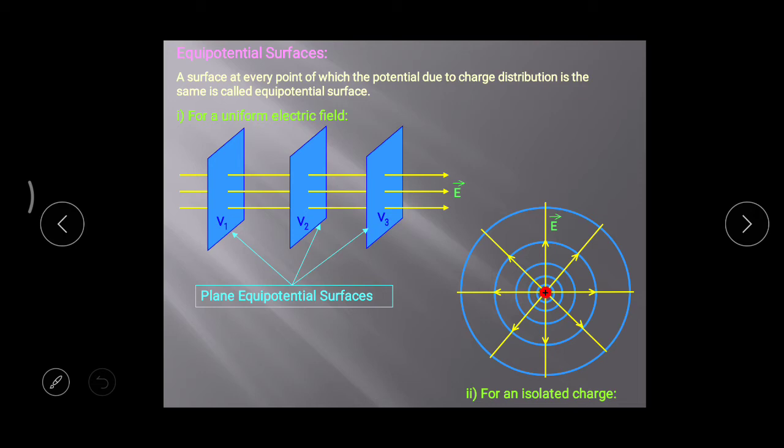The distance between equipotential surfaces represents the strength of electric field. That is, electric field near the charge is strong, and when we go away from the charge, the electric field becomes weaker and weaker. So equipotential surfaces are also farther from each other. So this property will also be proved in the later section of this lesson.